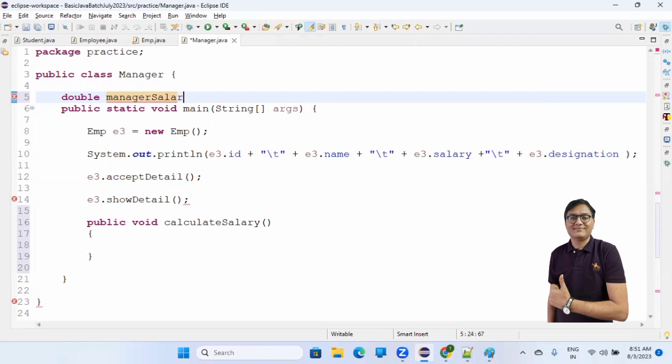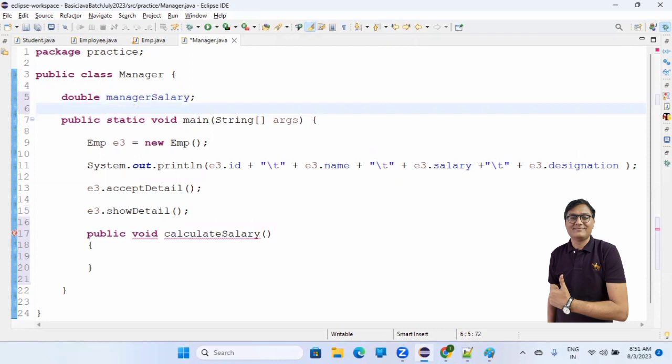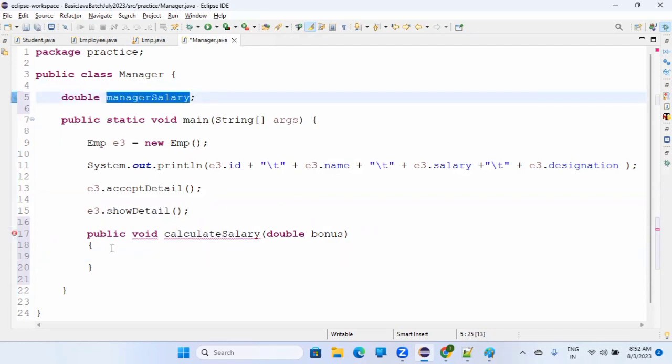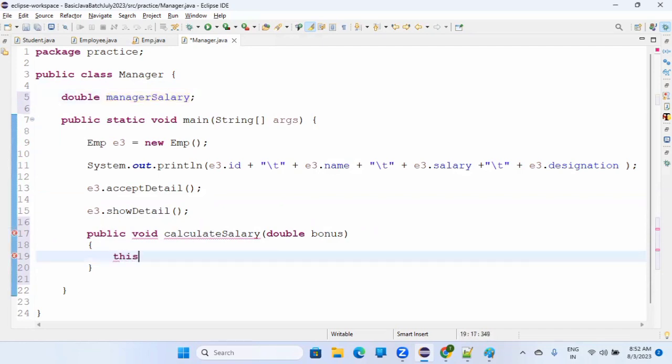So what we are saying, if there is a manager, we want his or her salary to be calculated in some different way. Okay. We want to add some commission or some bonus for them. Let's assume, right? So we'll say double bonus, okay, or variable, something like that. What we'll do for this particular manager, we'll say manager salary, this dot,